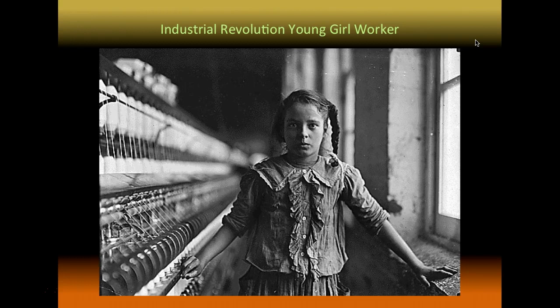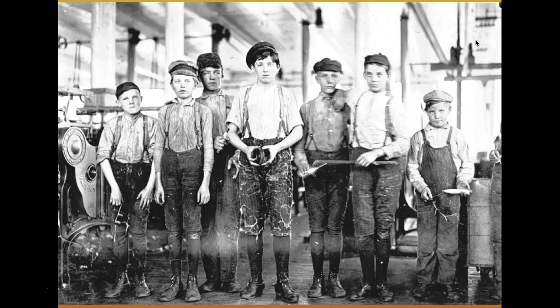You can see the youth of this girl, who I assume is around 10 or 12 years old. A bunch of kids in factories, or in a factory. You could tell that they are not exactly enjoying themselves. And kids at this age, for the most part, don't have this type of sad grimace on their face, for the most part, when taking a picture at least.